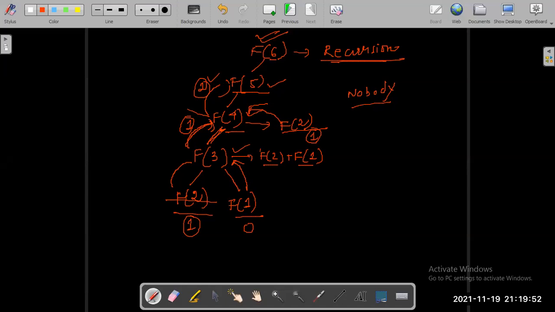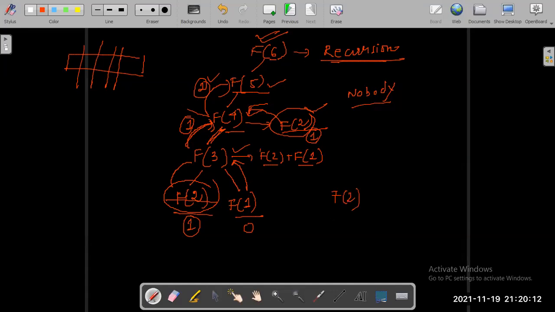Okay, fine. 2 has been returned. Now, let's observe one thing from here. We are seeing that this f of 2 has already been calculated once. Why are we calculating it again and again? So we decided that we will keep a table, an array. Whenever any particular function, let's say f of 2, has its value calculated, I will store it inside this table.